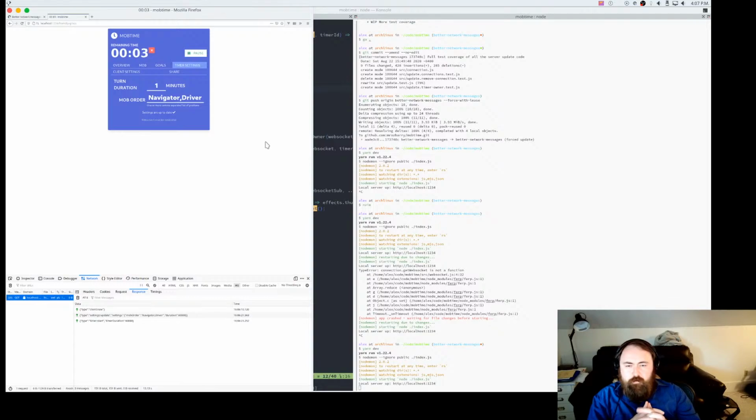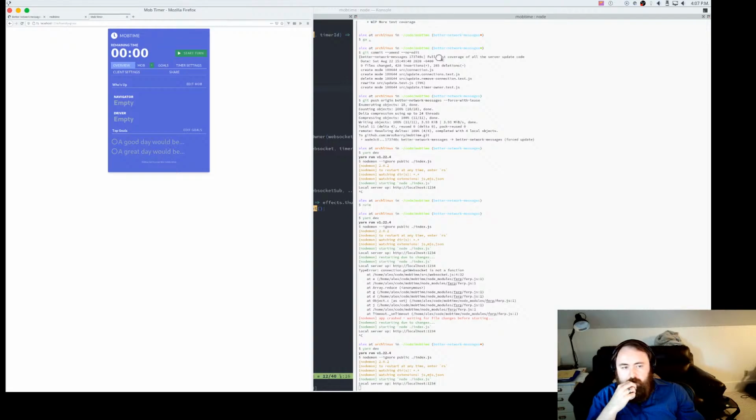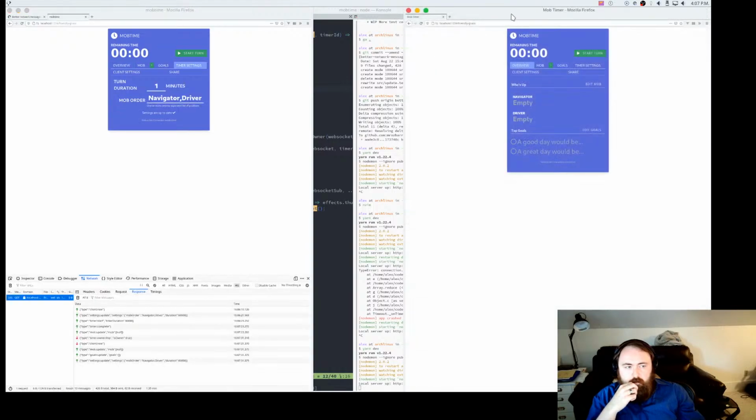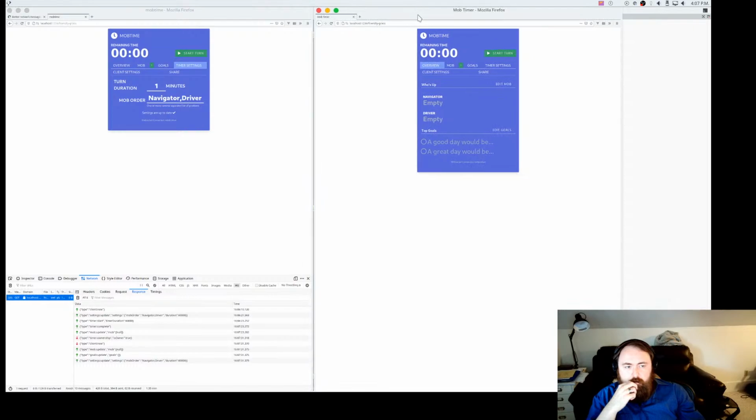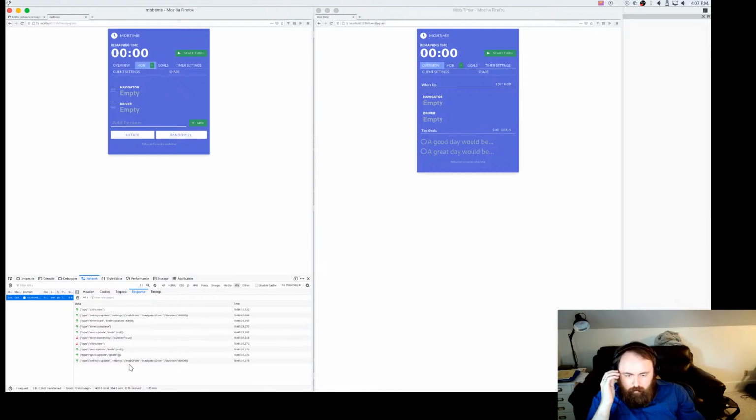Alright, so my hope is that I only get one notification, which might show up on my other monitor. But I only got one notification, so that's good. So I'm going to duplicate this tab. And so now both these should be mostly synced. It says that there's one person in the mob, but I believe that to be a lie. Oh, we've got a weird null in here. Why do we have a null in the mob?